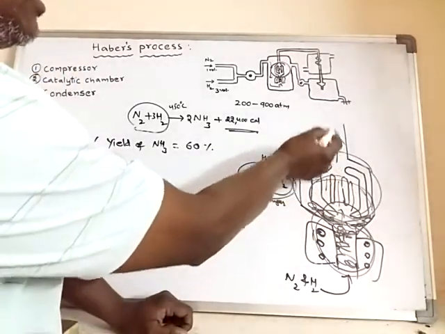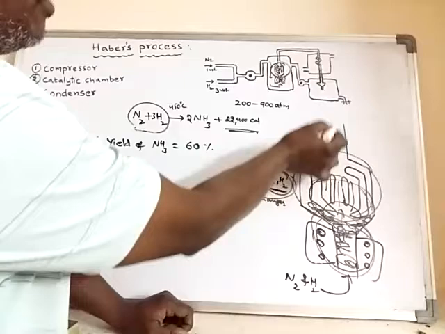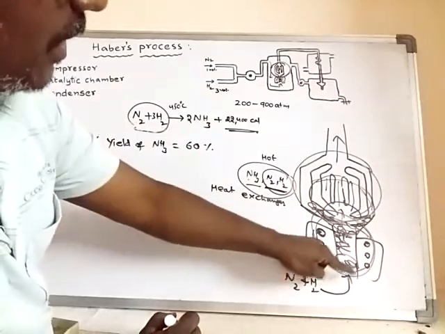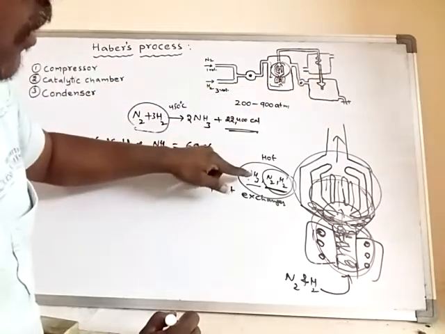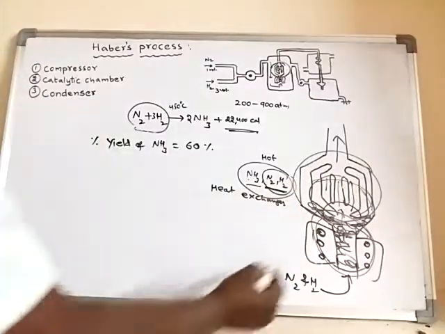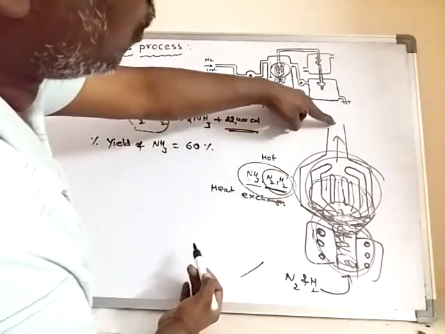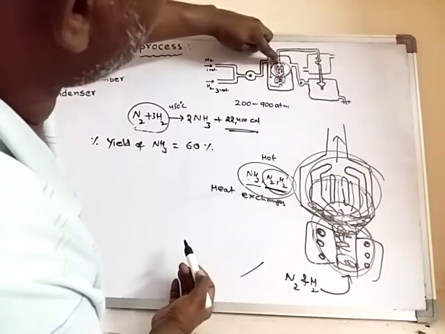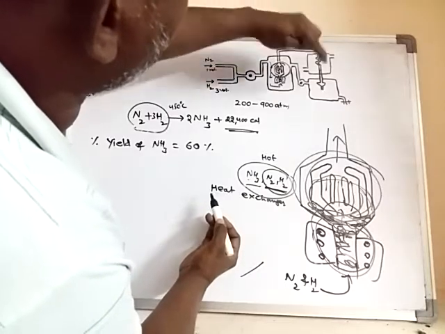And here the gases will leave. Which gases? Ammonia and the 40% mixture of nitrogen and hydrogen will leave. So this is the incoming gas and this is the outgoing gas. The incoming gas contains nitrogen and hydrogen, and the outgoing gas from this heat exchanger contains ammonia, nitrogen and hydrogen. Okay, so in this process what is happening? While leaving through this pipe outside, so that means this is the heat exchanger, this mixture of ammonia, nitrogen and hydrogen will leave and enter into this pipe.